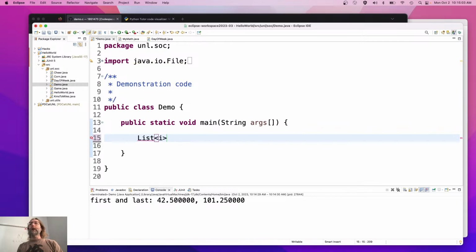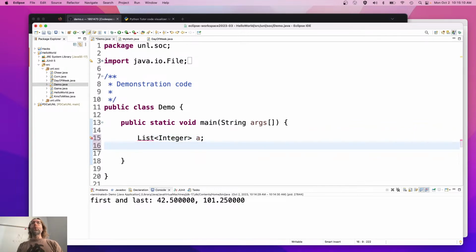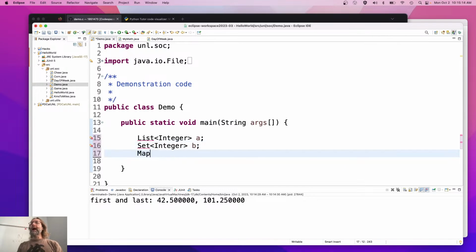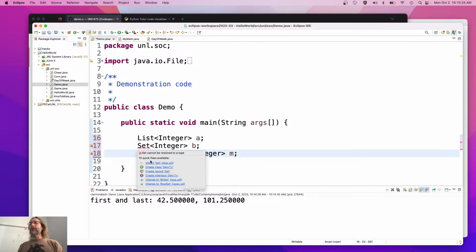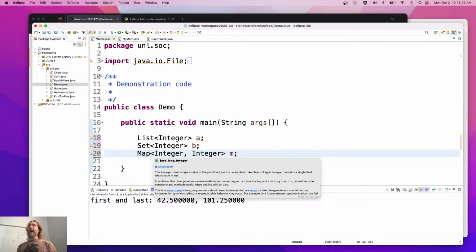A list of integers, right? My list, or A, I'll just call it A for now. Or a set of integers, B. Or a map of integers mapping to integers, right? I'll call that one M. Now it's not compiling here because I need to import everything. Java.util. With both static and dynamic arrays, what happens if you create it and it holds 1,000 elements,